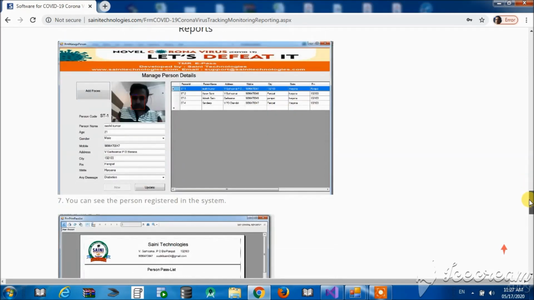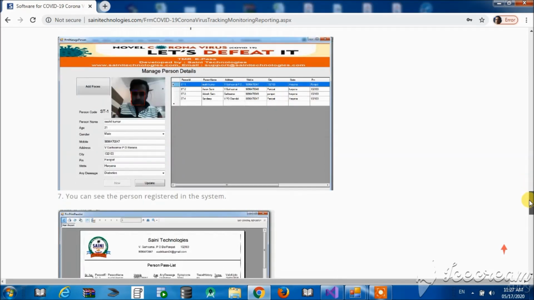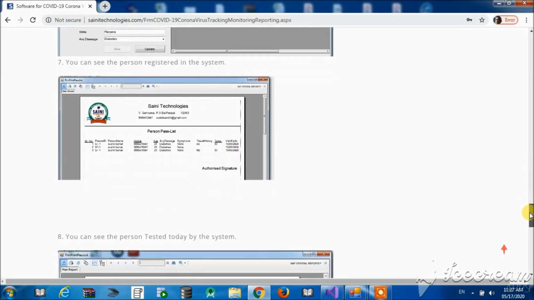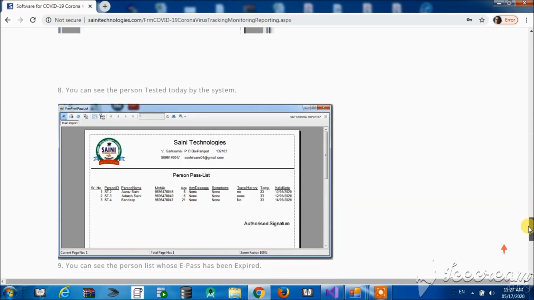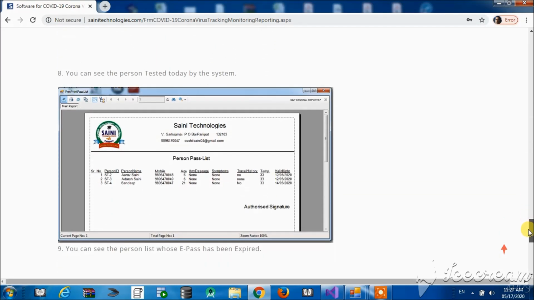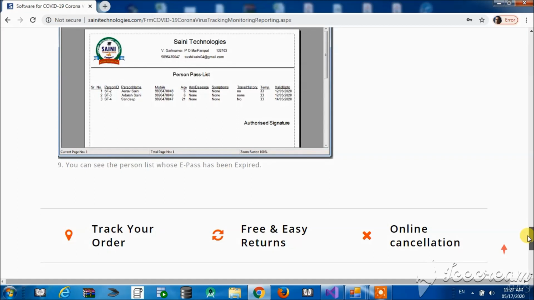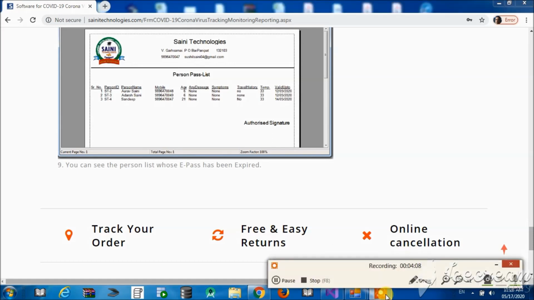We can also update the faces. And last, these are the persons who are registered in the system. We can see the tested persons who have been tested today, and also see the list of persons whose e-pass has expired. So this is how we can use this system.